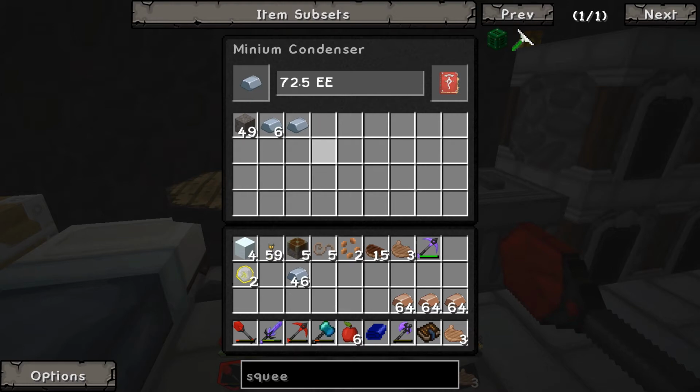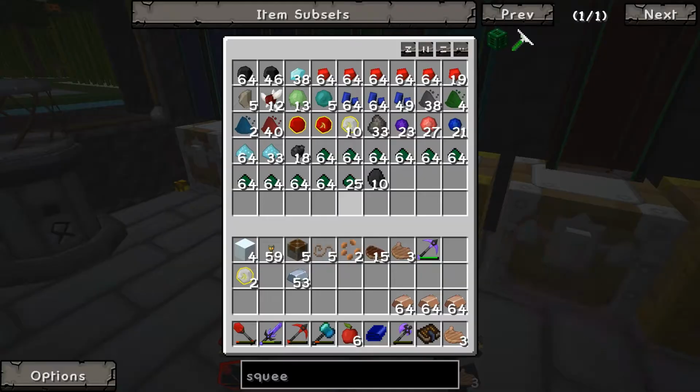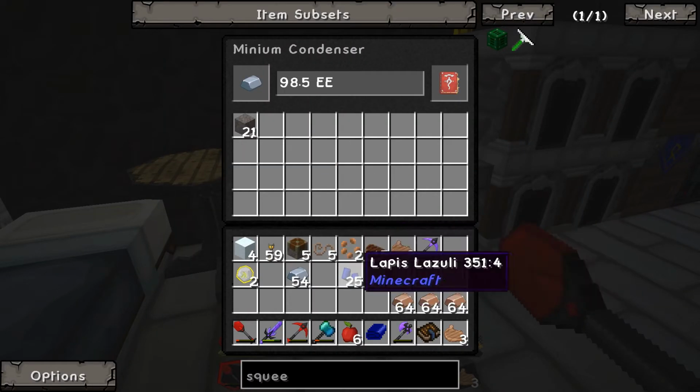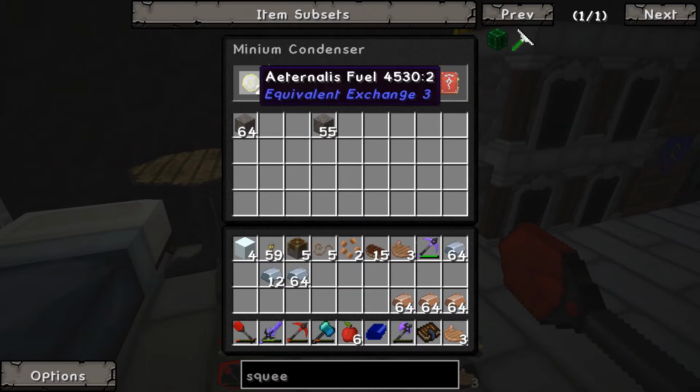Not really. Need more than a couple of bits of lapis in there. What we'll do is we will drop it in the chest. Say that many in there. Grab that. Boom. And that gives us another couple of stacks, or close to. Nice. We'll grab those out. We'll let it carry on doing its thing with the